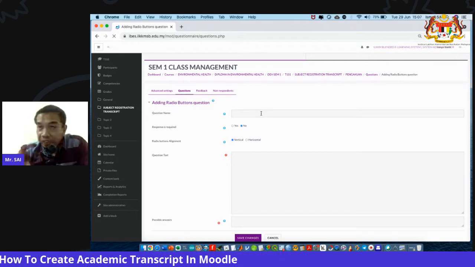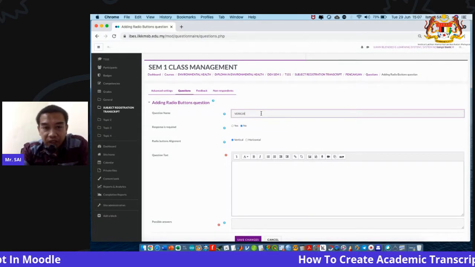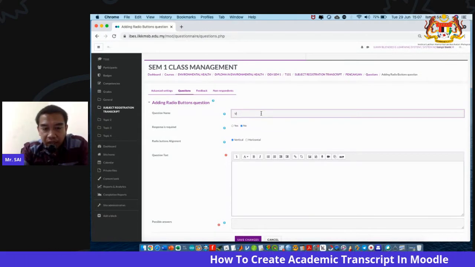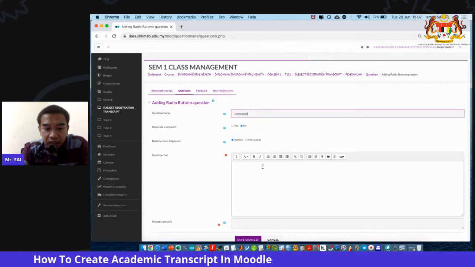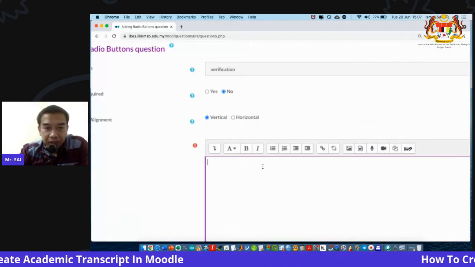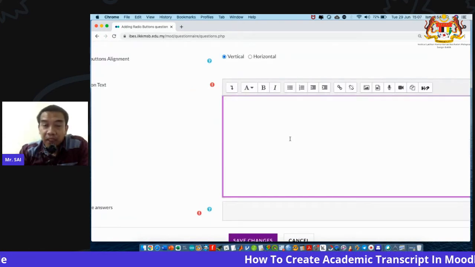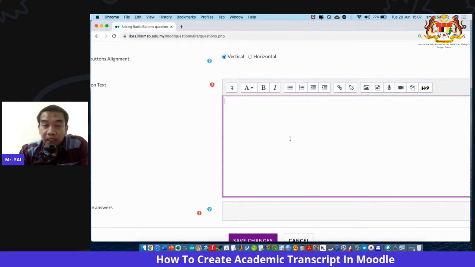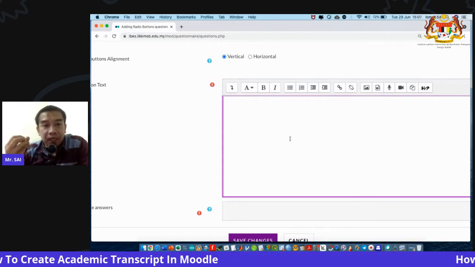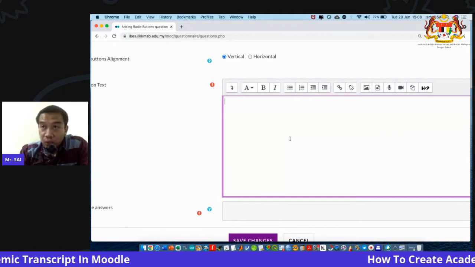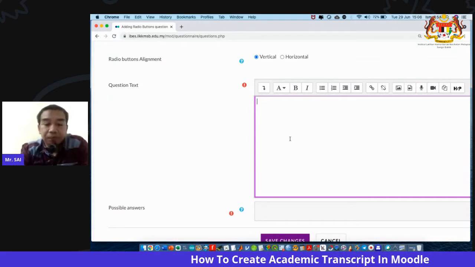So the question name will be pengakuan or verification. The question text, or the question that you want to ask, is basically we want them to read and also ensure that they have adjusted their name, their metric number, their semester that they belong to, and so on and so forth in the correct manner. So we can just say over here,